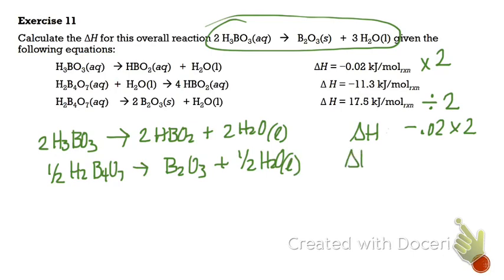So then I'm going to take that delta H, and I'm going to say 17.5 divided by 2. So now I'm going to go back to that middle equation, because I have some stuff in the second equation that I don't have in the overall equation, which is the H2B4O7. Okay? I have half of 1. If I look in the second equation,